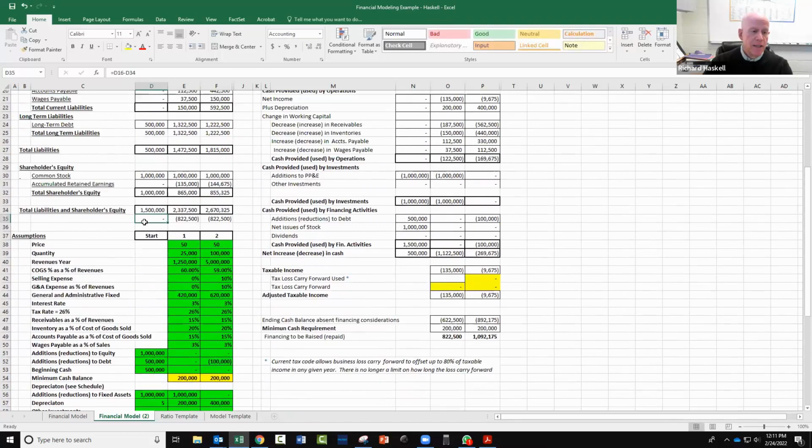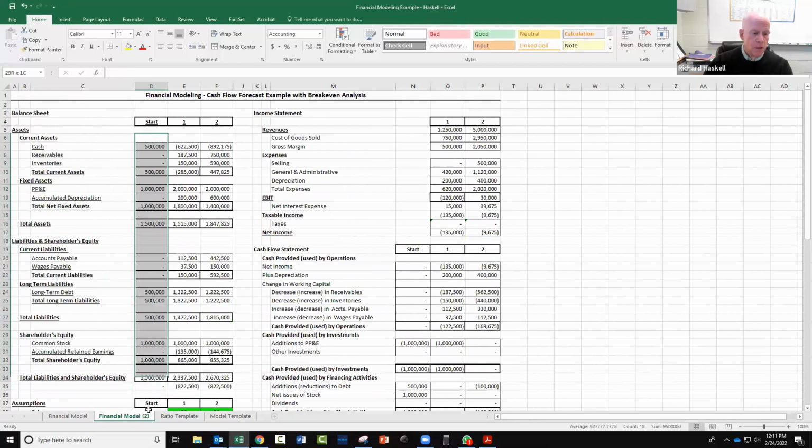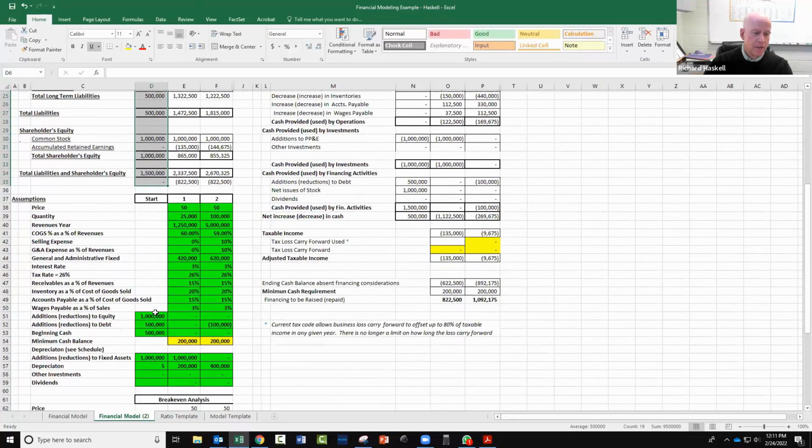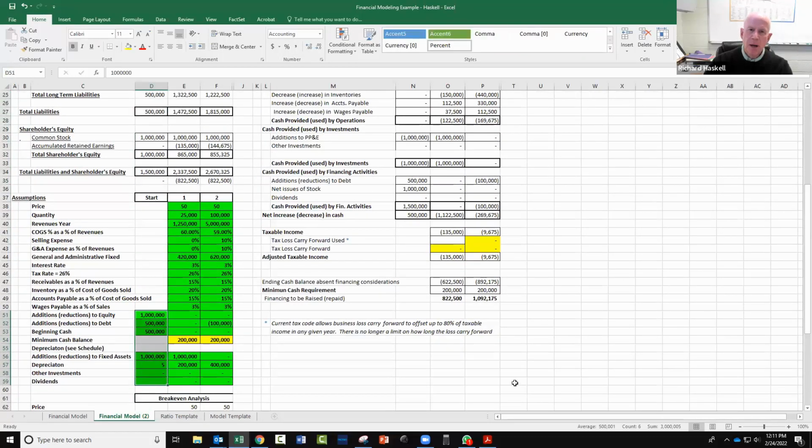So everything in this column, all the way down through here, is the result of these assumptions. And I think that's probably pretty obvious to you. Now, an assumption I didn't reference is this number I have in here under depreciation. This number is intended to represent the number of years that I believe we can depreciate these assets for. And in this case, I'm using 5 years, and any additional assets that we acquire, I'm using the same 5